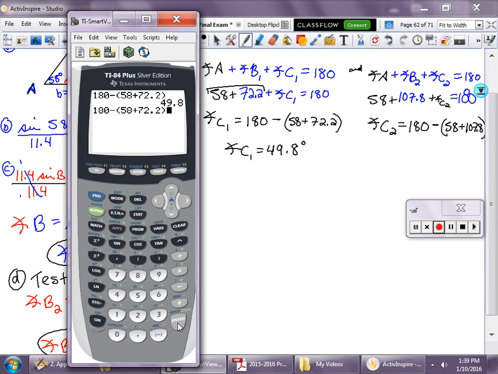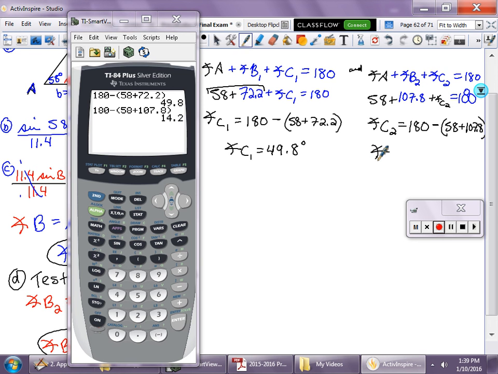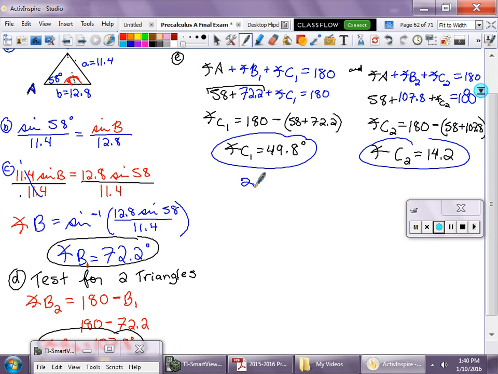And let's do second enter. Be 58 plus, just typing over, 107.8. Ooh, we got two measures for angle C, which means two triangles do exist. We have to go find the other measures. Okay, so now we have to find, they only gave us A, we have to find A1, A2, and